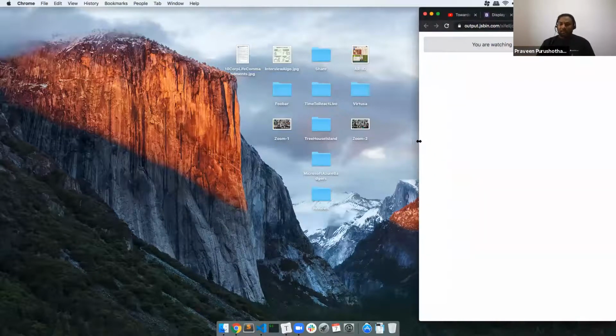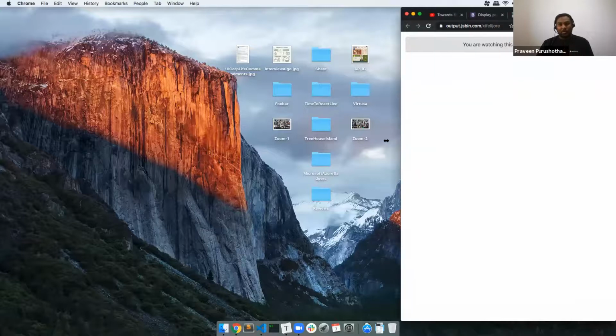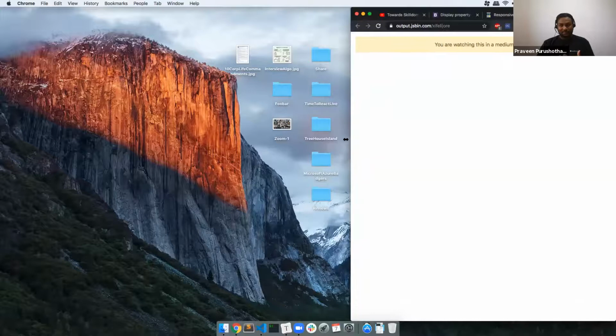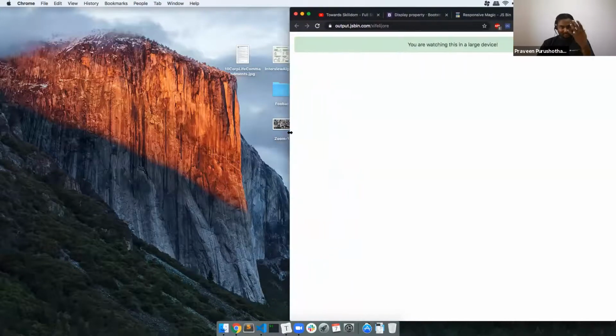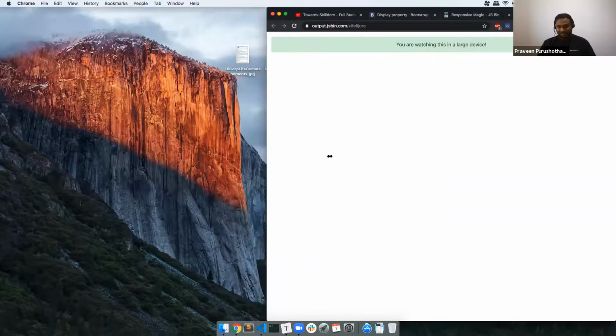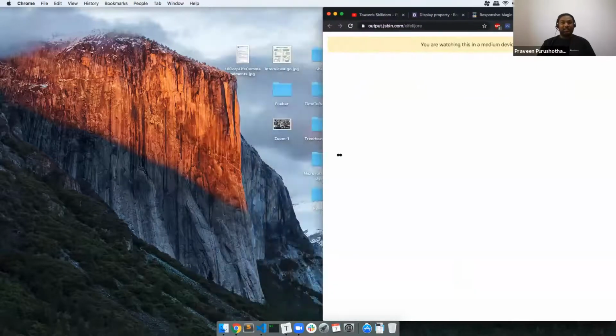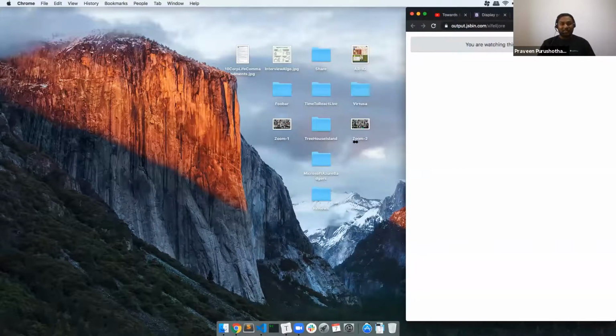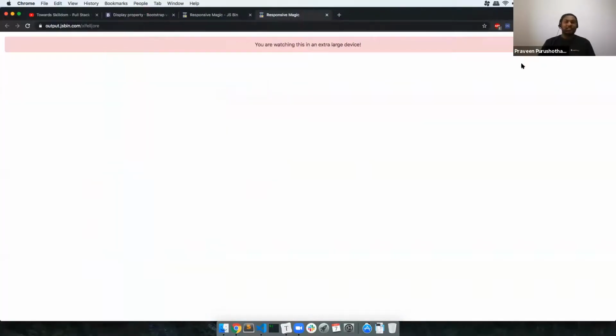Then you are upgrading your smartphone to a better smartphone. Then again, you're going for a medium size. Again, you're going to a larger size. Then after this, everything is extra large. So this is possible using responsiveness. Based on the width of the content, it is going to show it, and it is completely CSS based. So this is something which I wanted to show you.